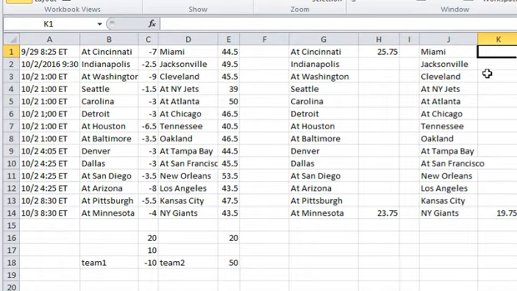Now I take a simple formula of just the total minus the other score, and now these are our points. So we have 25.75 for Cincy, 18.75 for Miami. That's what Vegas pretty much says the score is. This minus this is 7, which is the point spread, and adding them together gives 44.5. So now when I copy these down,